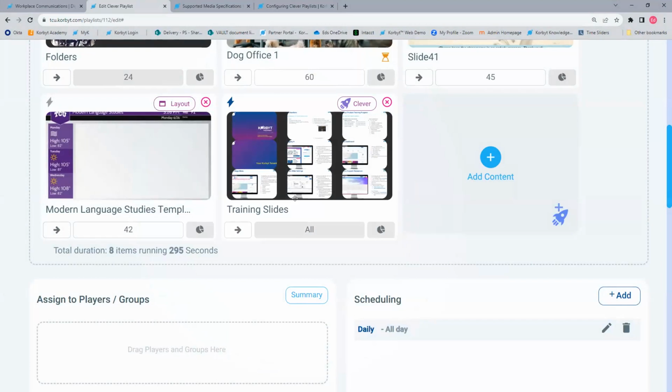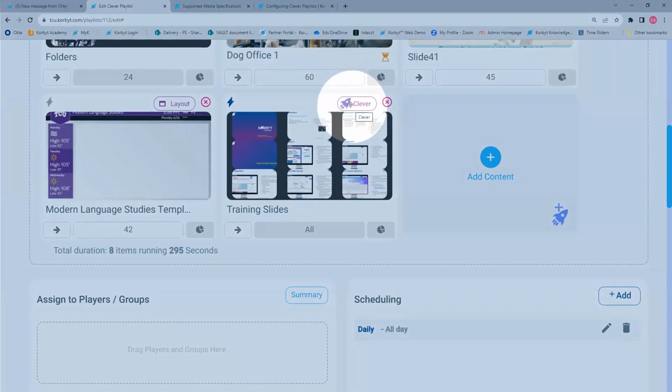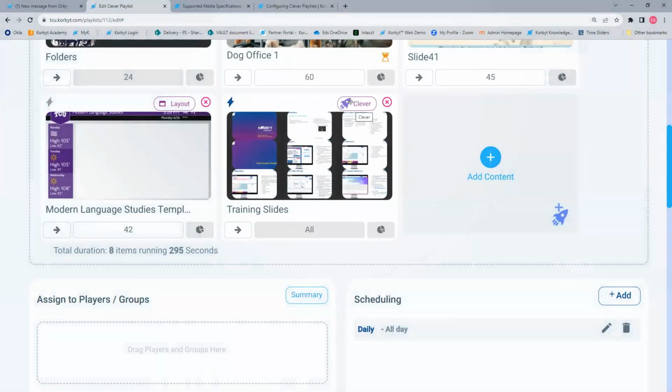Art, I see you asking, what if I want one slide to show for 5 seconds and others to show for 10? They would have to be added to the playlist in different ways then. You would have to add, maybe the first item is added outside of the folder, and you give it the 5 seconds. And then the series of items coming in from the rule get 10 seconds. Within a clever rule, they're all going to get the same amount of time. It's a very good question.